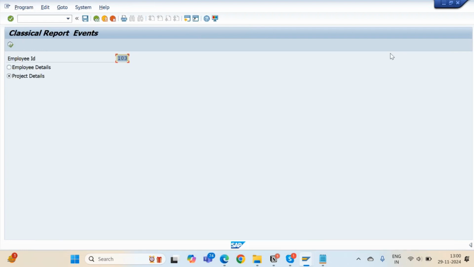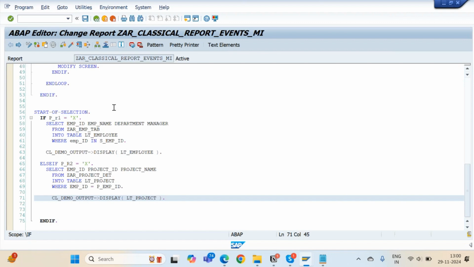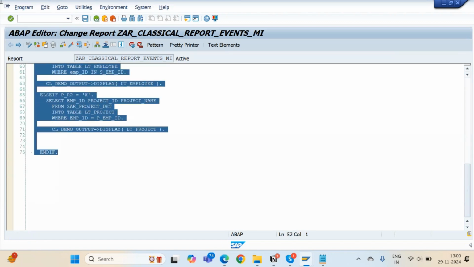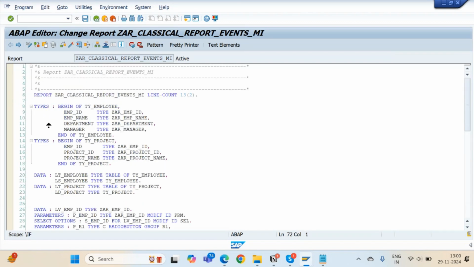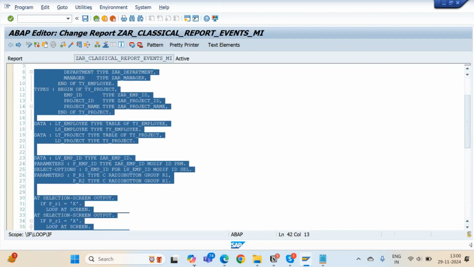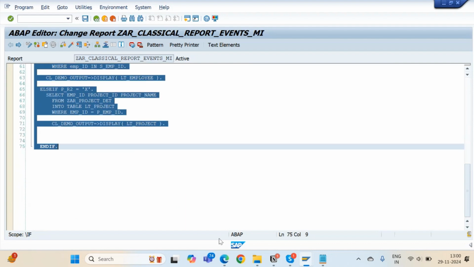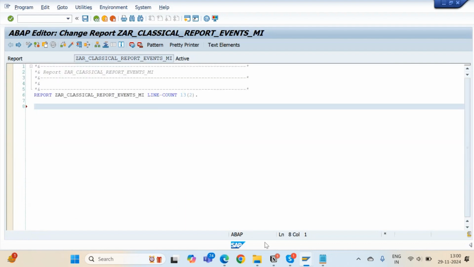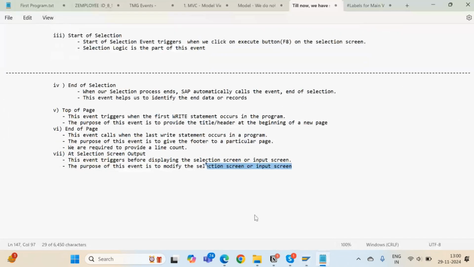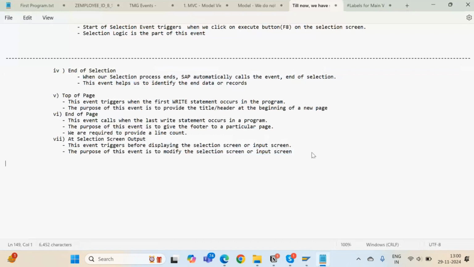So this is the use of your at selection screen output event. Very important. Is this thing clear? It is clear. All right. So if it is clear, let's move on to the next topic. Your next is the eighth event, which is